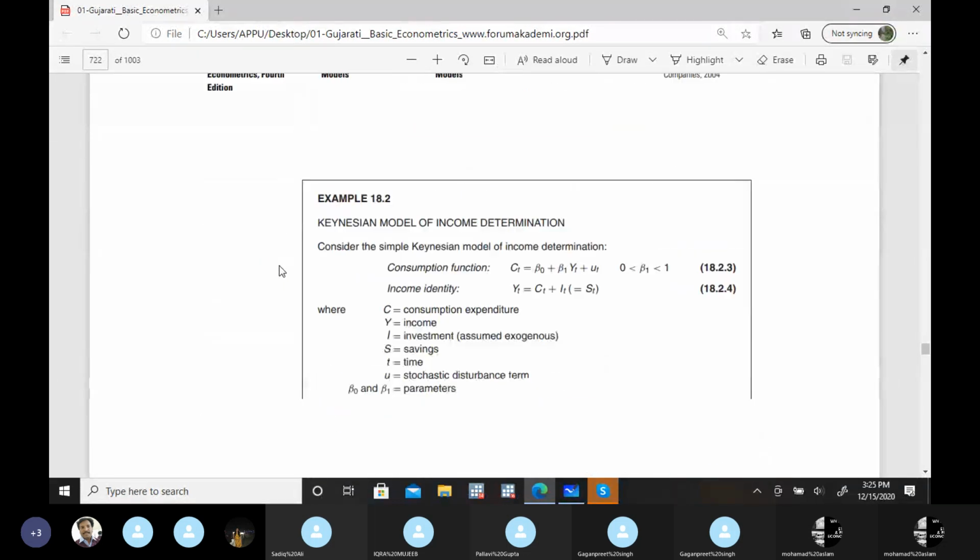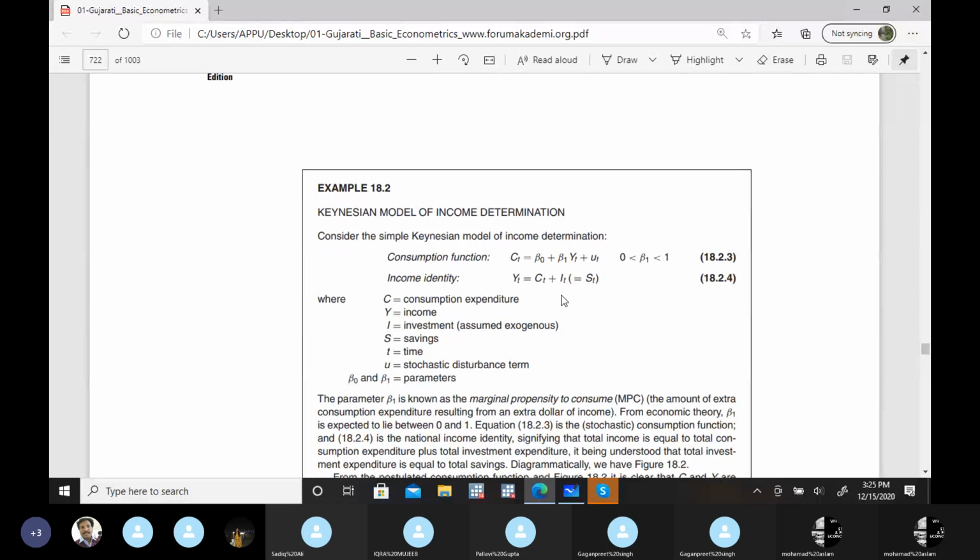Let's suppose in this particular case, you might think: why can't we run a regression for the first equation and estimate beta 0 and beta 1? Then we can run a regression for this equation and get estimates of the coefficients of these two variables, consumption and investment. That's not possible because these are interrelated. So we can't run this equation separately and that equation separately. No, they are interrelated, so we have to run them simultaneously. That's the first thing you have to understand.